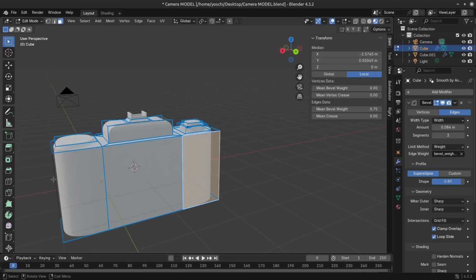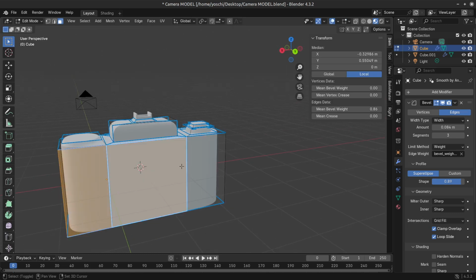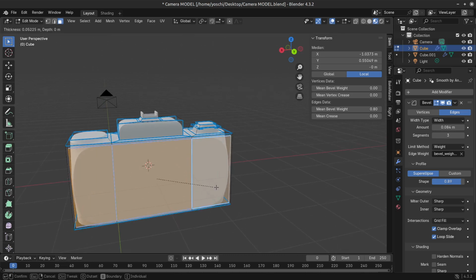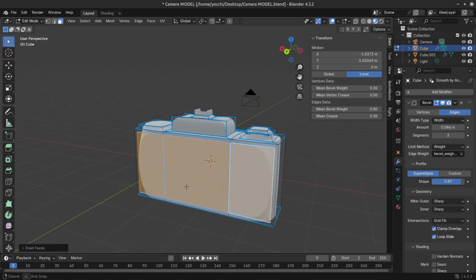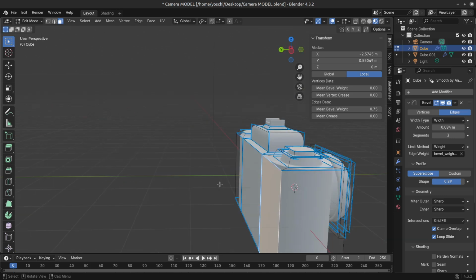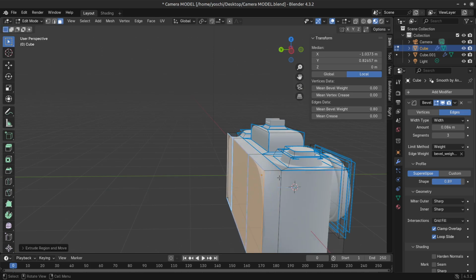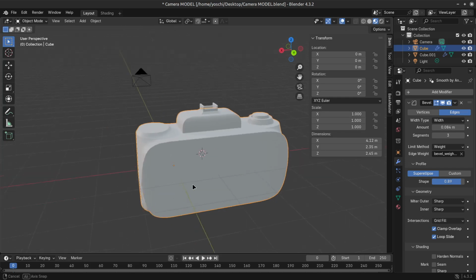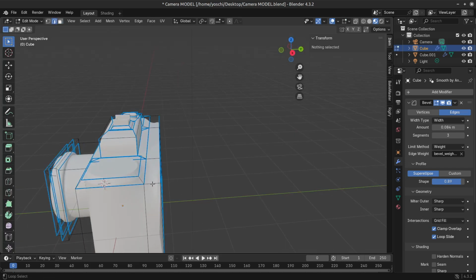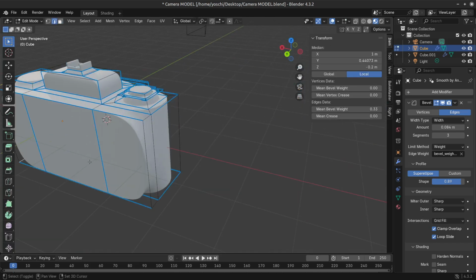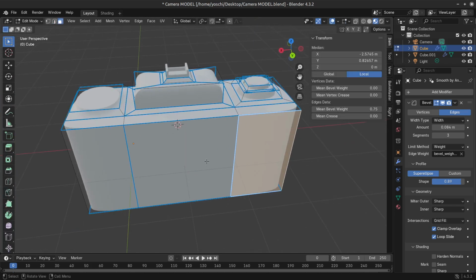Let me think. There was like this opening here, and then let's try to do that. We cannot cut this one here because we can... Oh, we can extrude it, like maybe so. Yeah, that works. Okay. We have to do this here too. The corners are always very important. Okay. And now